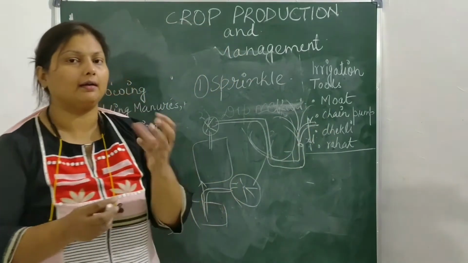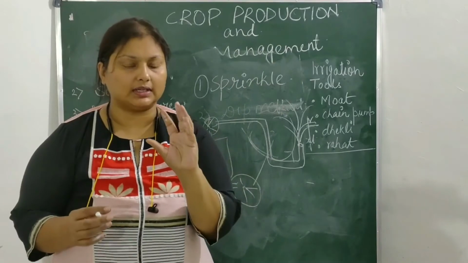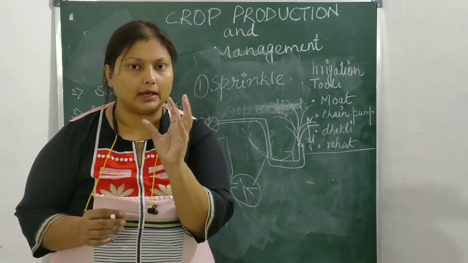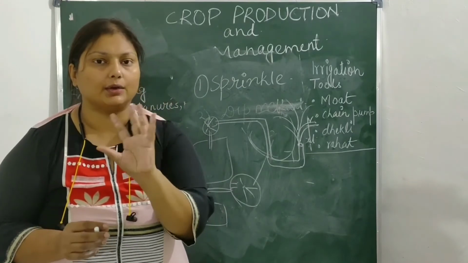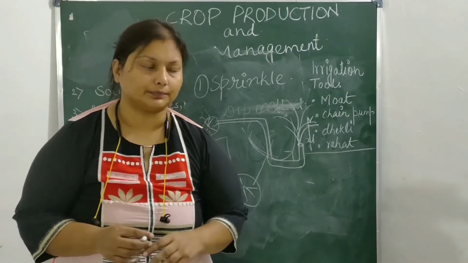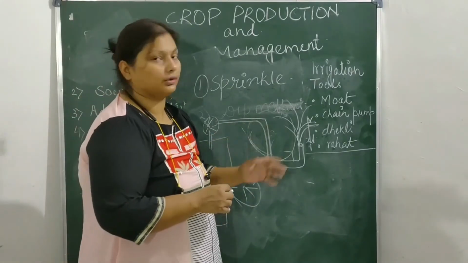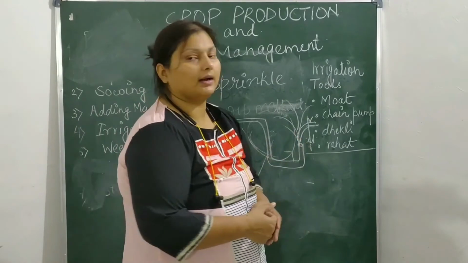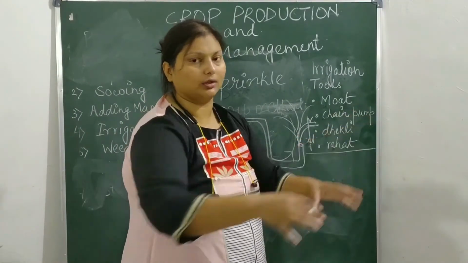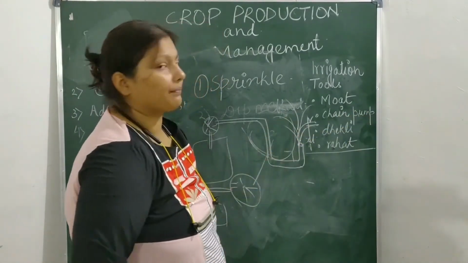Like a fountain, water comes out because there is a small rotating thing in the nozzle which simply rotates the direction of the water. So it's like a fountain over the field. With an equal interval of time, the sprinklers are arranged on the field. So this is also a process.